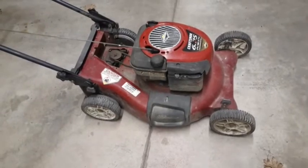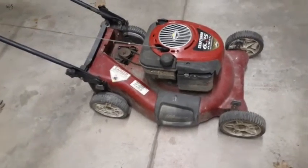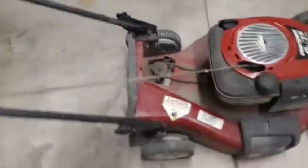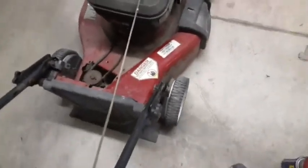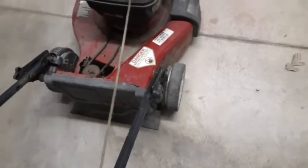The back wheels roll, but they're a little sticky, I guess you could say. Going backwards, not too bad, but forward kind of gets tight. It's not easy to move back and forth, so there's something going on there. So